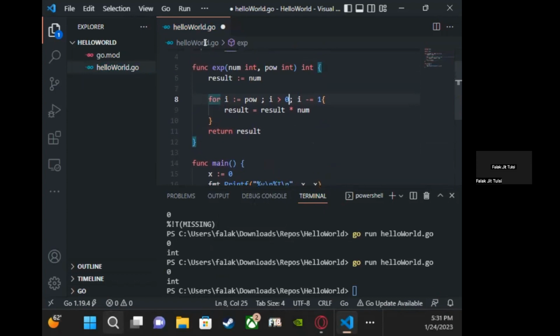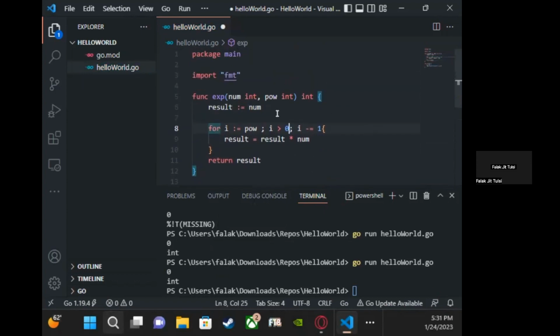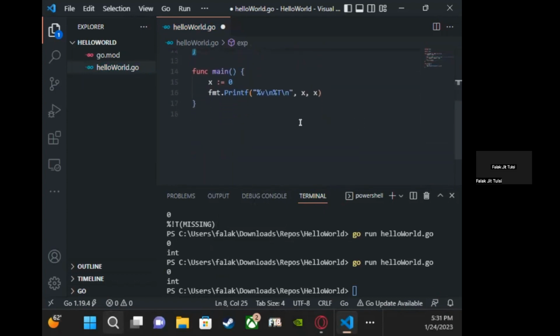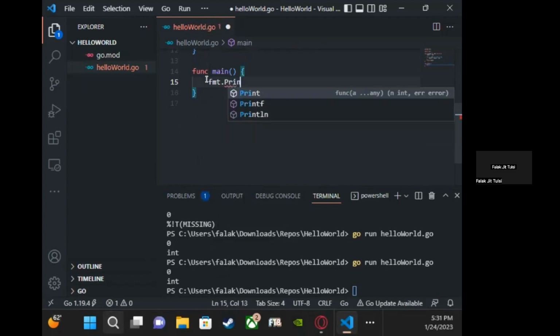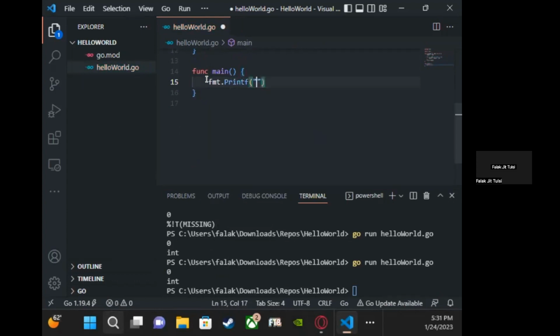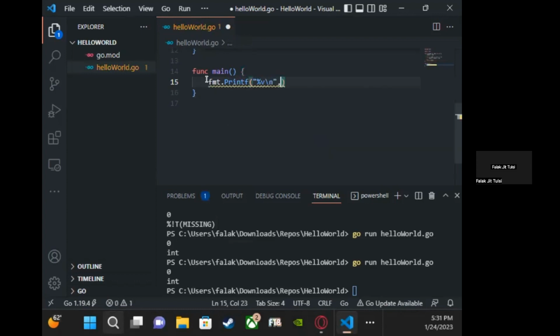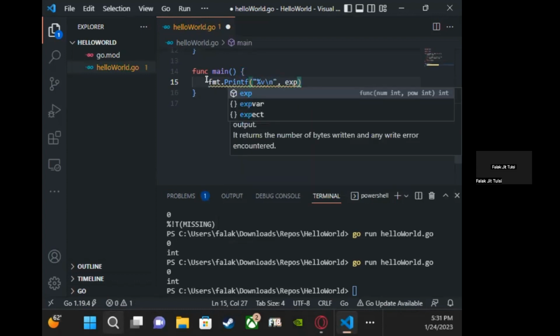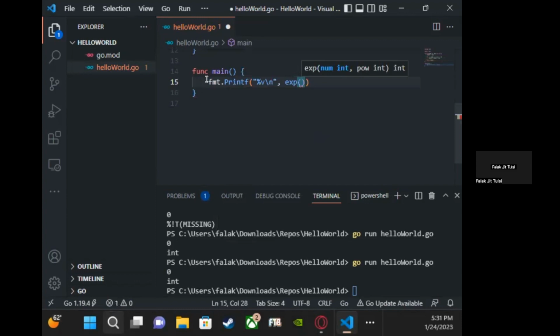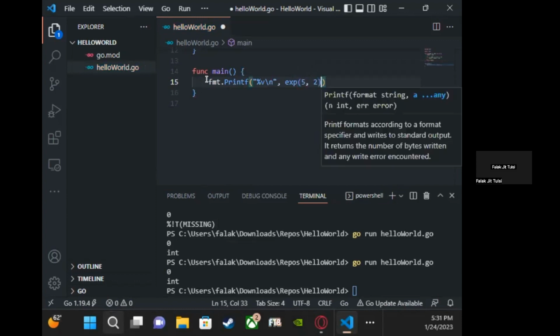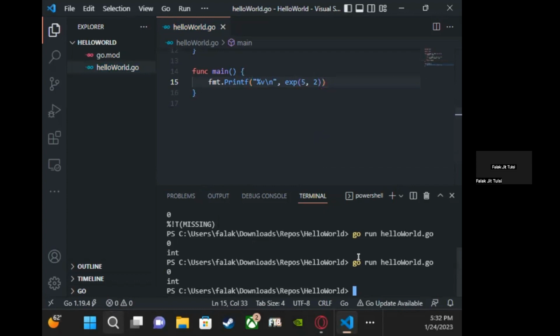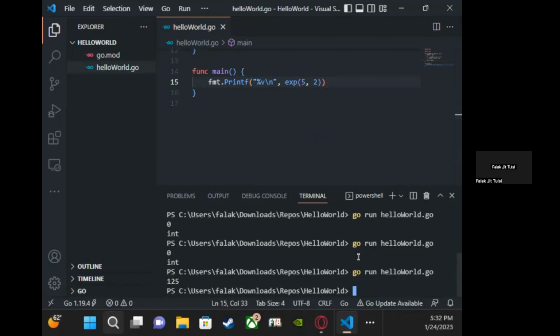Is this good to everyone? Yeah, this makes sense. Any questions on this? And then we'll go in here and we'll say fmt.Print and we'll call our exponent function. We'll say 5 to the power of 2, right? Save this, go in here, run it, and we get